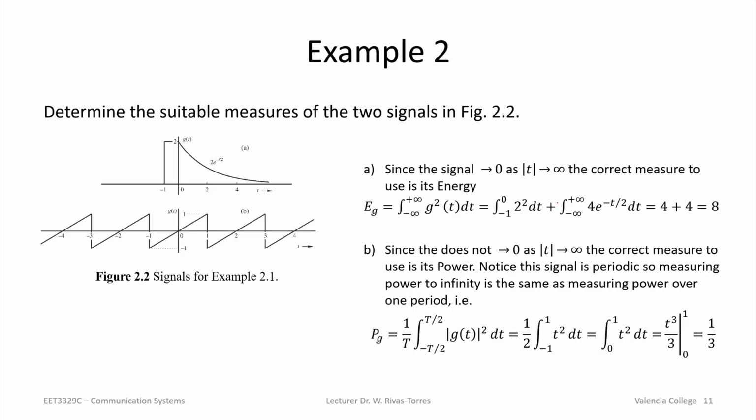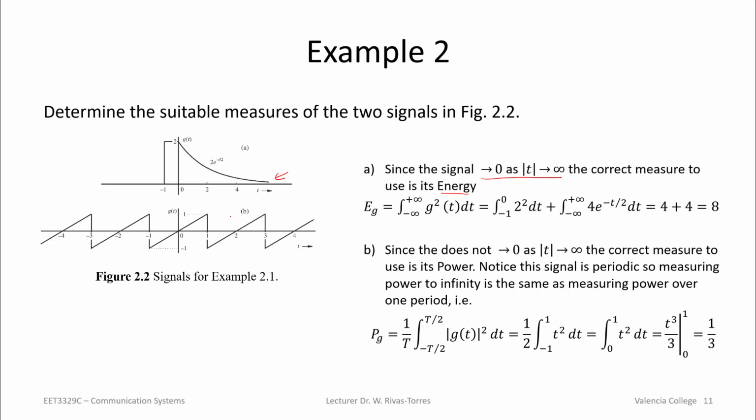So what would be the suitable measure? Here's example number two, and what we're looking for is a good measure for the two signals. So in part A, since we notice by inspection that the signal goes to zero, notice again, this signal in part A is going down to zero. So the signal does tend to go to zero as t moves towards infinity, then the correct measure to use will be energy. Now, we just have to integrate this signal,